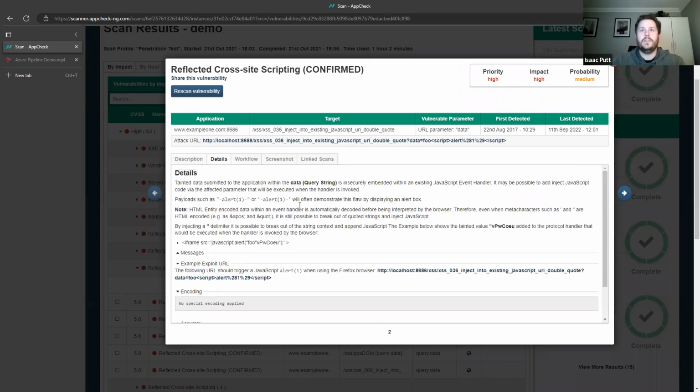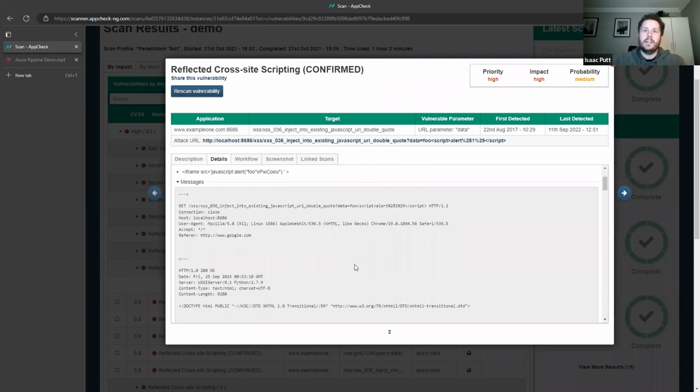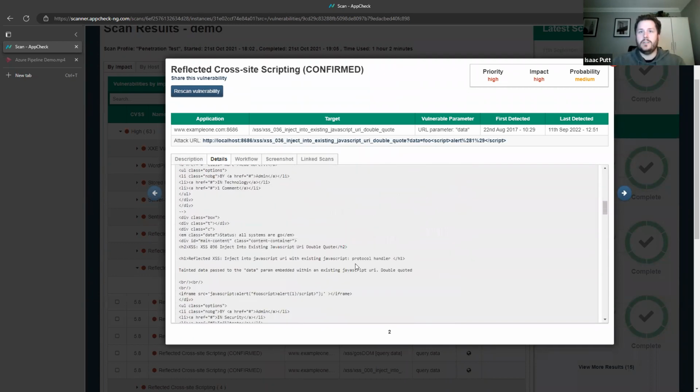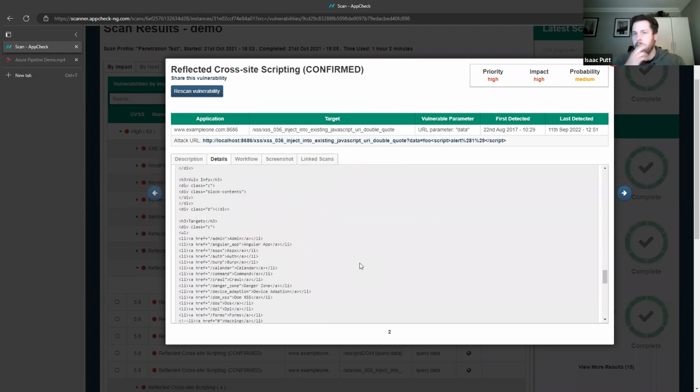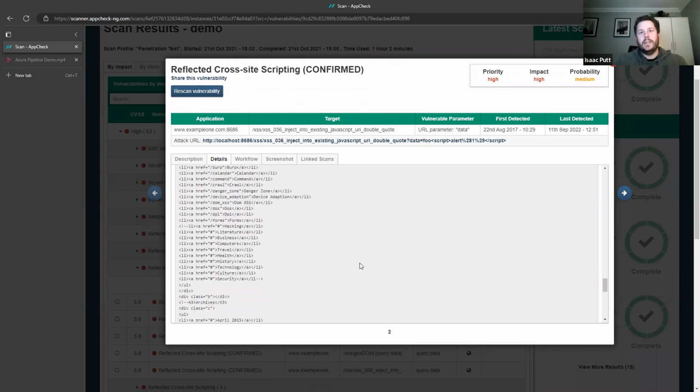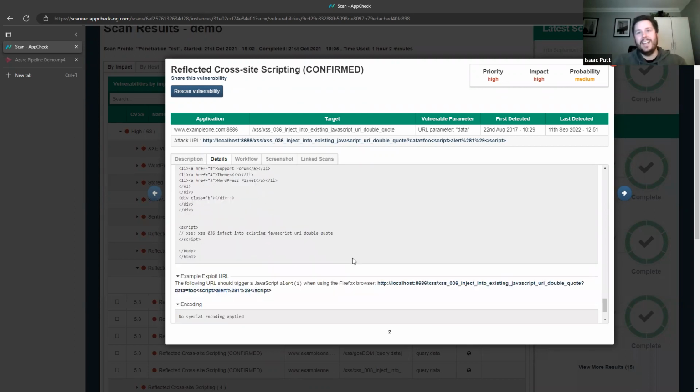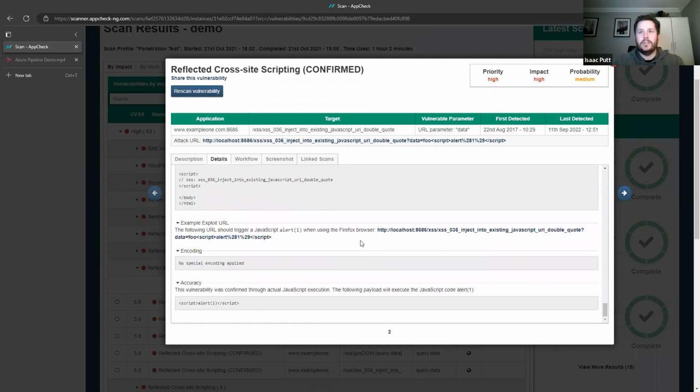And then in the details over here, we can see the payloads that we used, as well as down into the messaging. The entire story, the entire journey that AppCheck took to find this vulnerability is presented. So when it comes to actually fixing this, you get the big picture. And when it comes to taking preventative measures moving forwards to ensure that new vulnerabilities like this couldn't be implemented, because maybe the developers have got a better awareness, or maybe the way that you fix things enables you to see how to potentially not implement this in the future if it's a user-driven vulnerability, it naturally helps to raise the awareness and strategy around not introducing these moving forward.